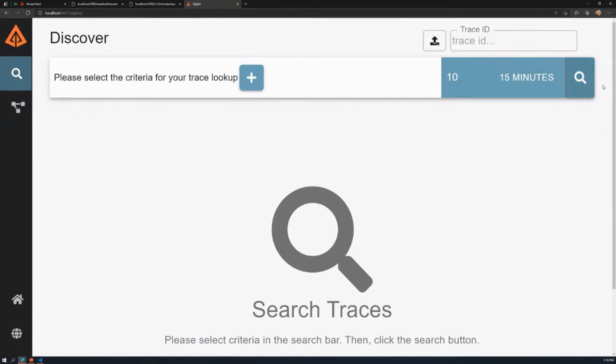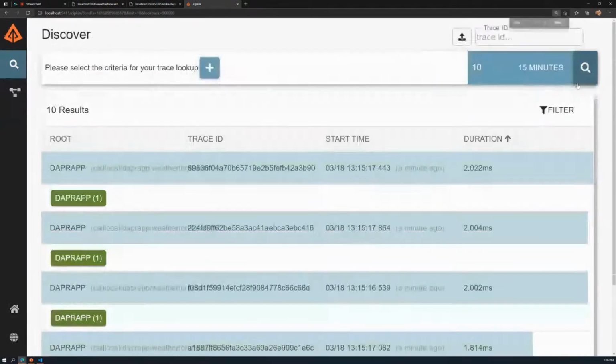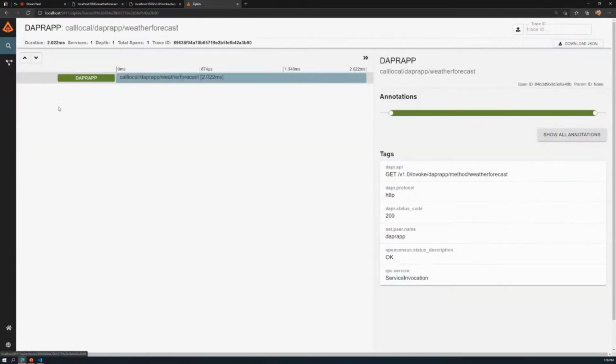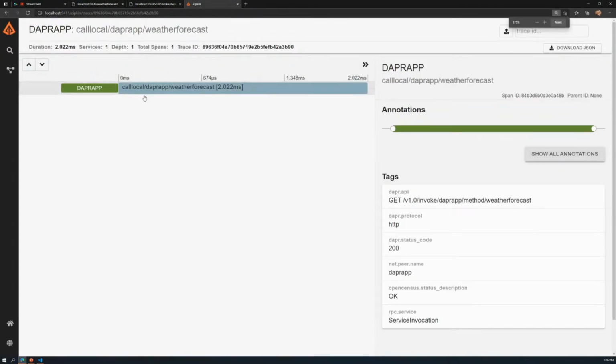So let's run this query here a moment. Let me just zoom this down here. So you can see here's all these diagnostics calls. If we just take one of these, here's that weather forecasting call that I just did. I did this GET call on to invoke the Dapr web app method inside here. And I can see all the information about my local call to this. Now, this says I just did one call on my one local machine.